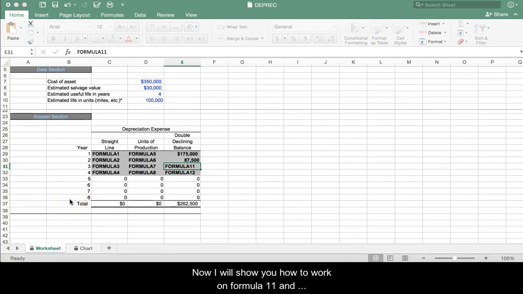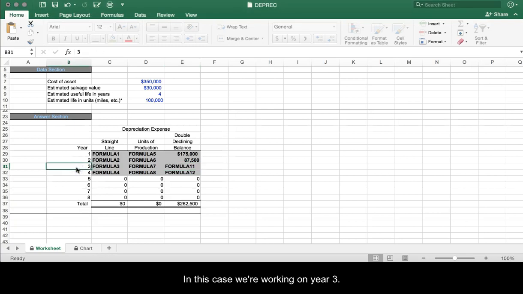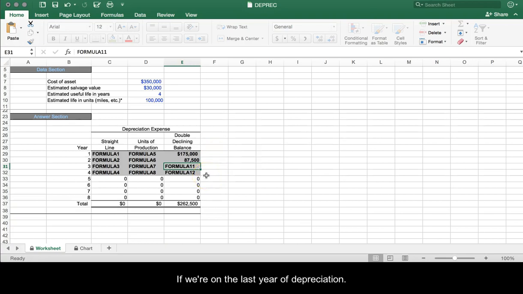Now I'll show you how to work on Formula 11 and Formula 12 for the double declining balance method. As we're nearing the end of life for the equipment, in this case we're working on year 3, which is Formula 11, we want to make sure that Excel helps us to check whether we're on our last year. Because recall, for double declining balance method, if we're on the last year of depreciation, we want to make sure